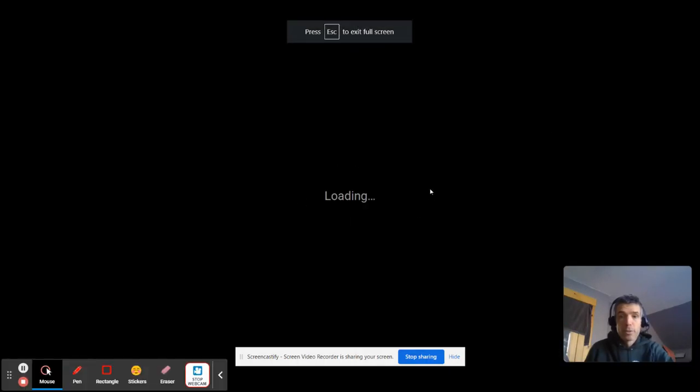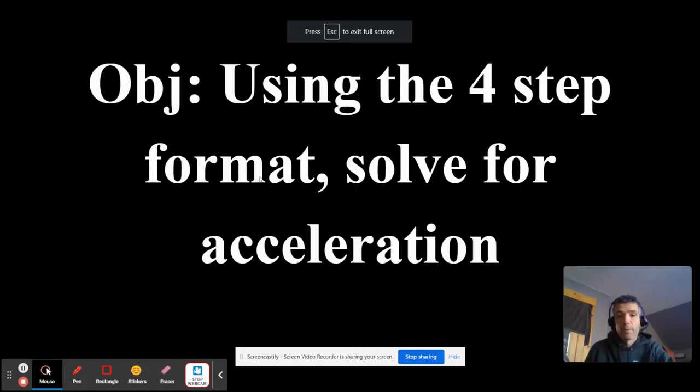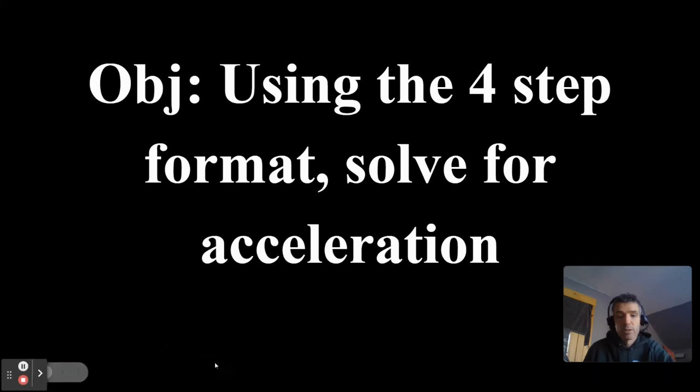All right. So here's our objective. By four-step format, we mean info, formula, substitution, and solving, and then rounding for sig figs. And then this is what we want to know, acceleration. So I thought it'd be cool if we did a plane,